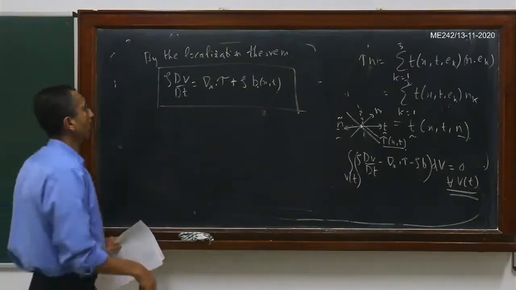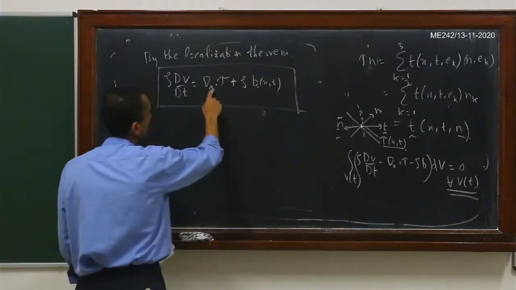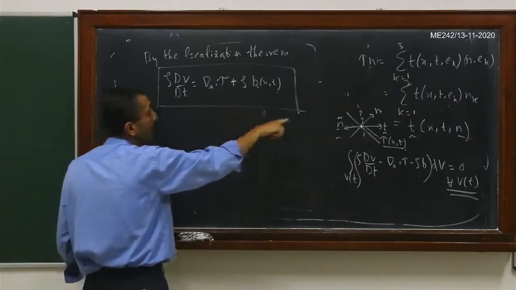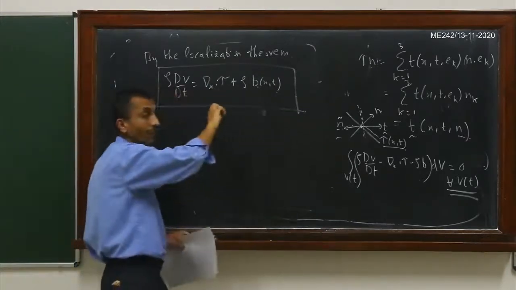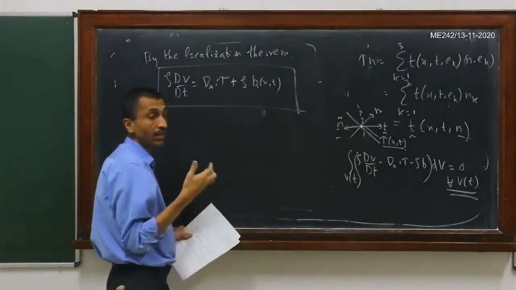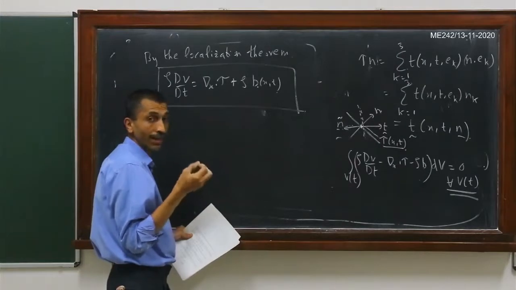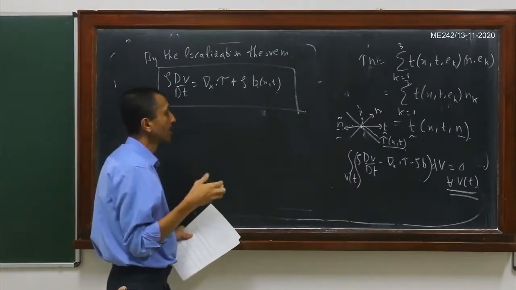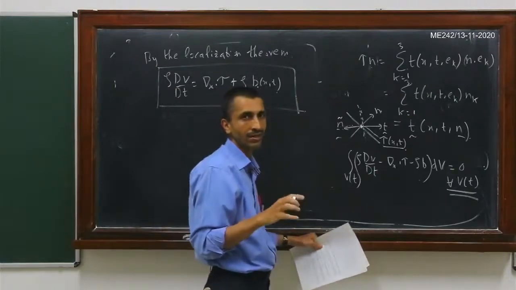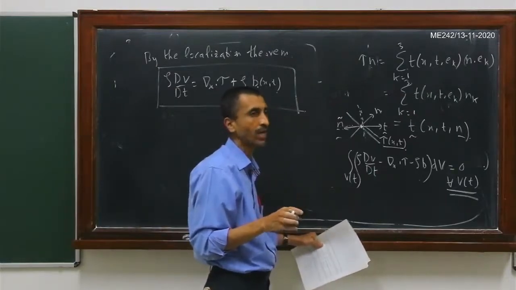Remember that this gradient is with respect to the spatial position x. Remember that even this stress is defined on the deformed configuration. So it is the real stress that is experienced by the material at that particular point. If you recall, in strength of materials, we define the stress in a very loose way: force per unit area, things like that.